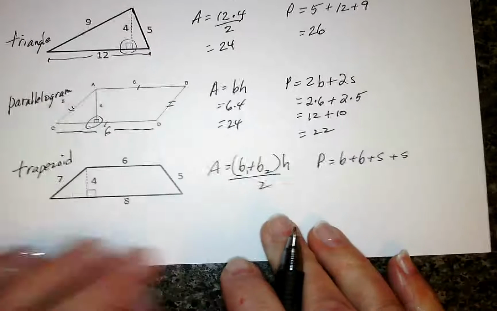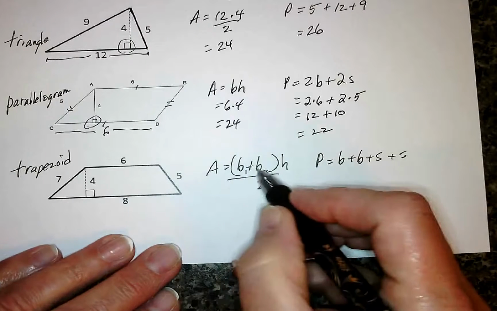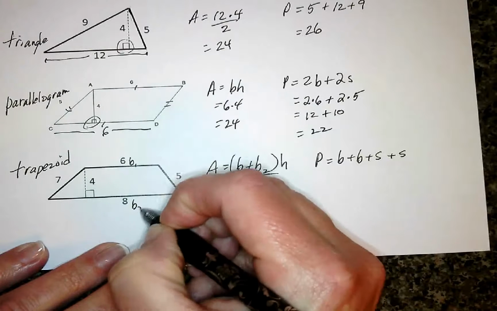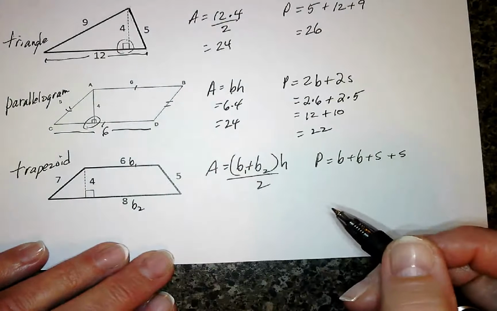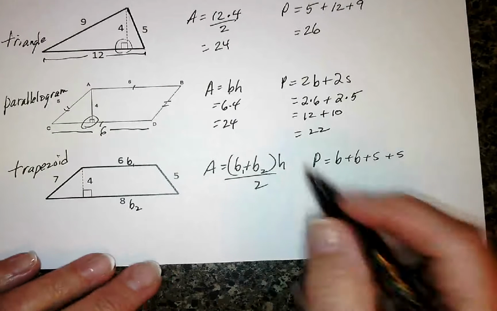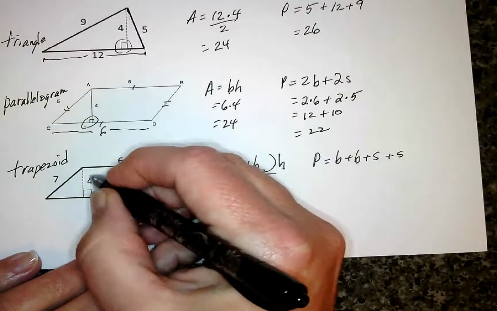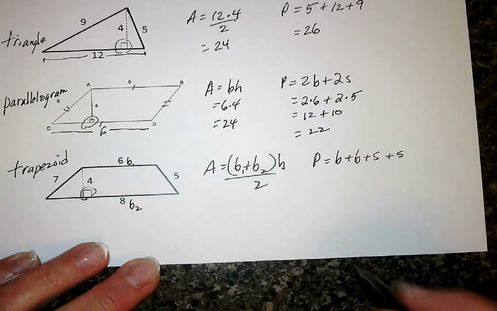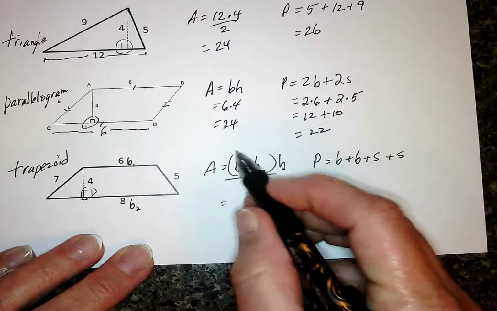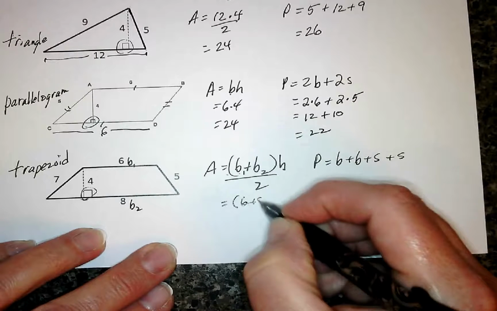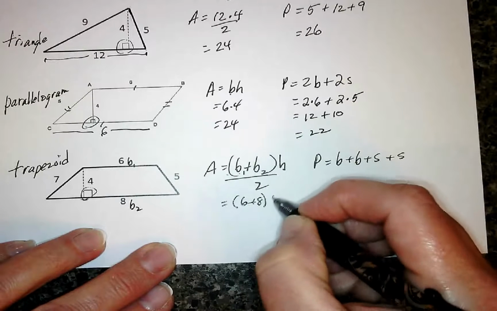Last one is a trapezoid. So I'm going to identify the bases as base 1 and base 2. Those are the ones that are parallel to each other. It doesn't matter which one is 1 or 2. And then the H stands for the height. That's going to be, again, height is always going to be perpendicular to a side. Then it's just a matter of plugging the things in. So I got parentheses here with the 2 bases, the 6 plus the 8, times the height, which is 4,